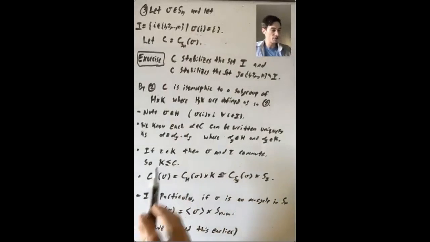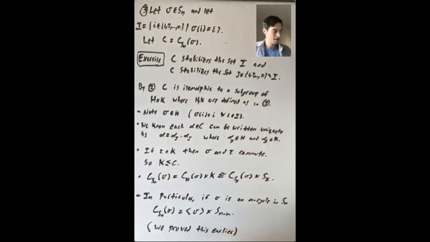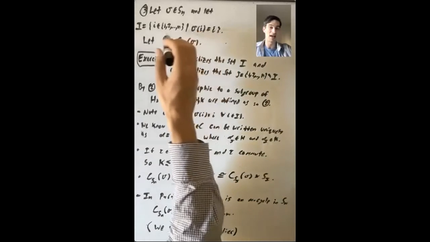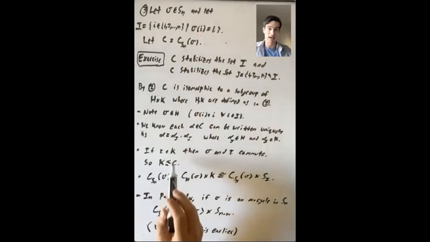Well, it's isomorphic to a subgroup of this direct product, and it contains all of K. So what that means is we can write the centralizer as a direct product, as anything that commutes with sigma that is in H, so the things that pointwise fix the elements of I, like this, cross anything in K,